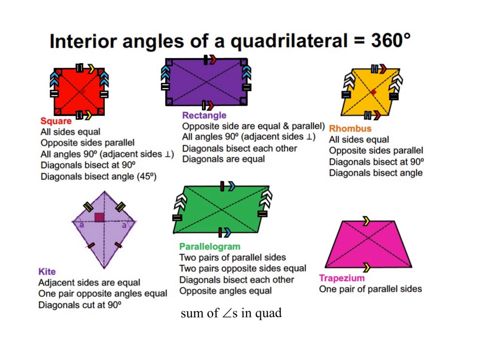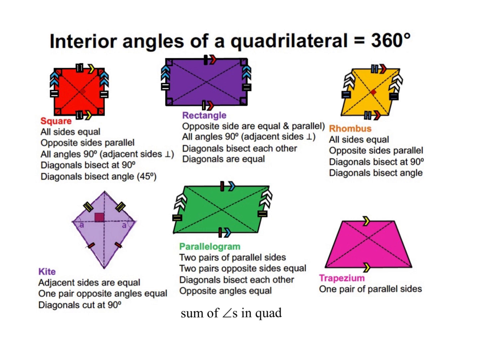So I've mentioned properties of a parallelogram in our previous question, and they can be very helpful in solving questions where we have more to do with quadrilaterals. So make sure that you know all these different properties of a square, a rectangle, a rhombus, a kite, a parallelogram, and a trapezium. And you also need to know that the sum of angles in a quad